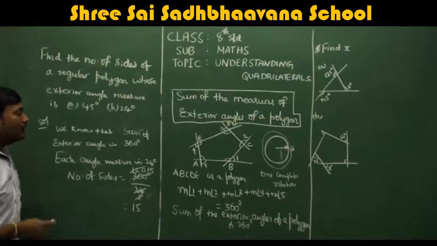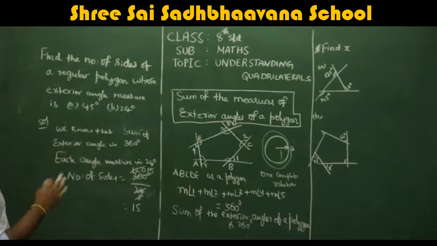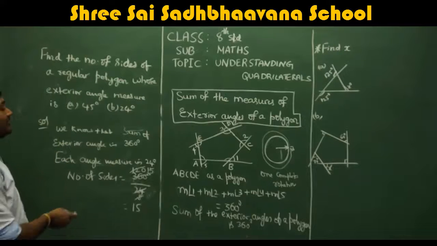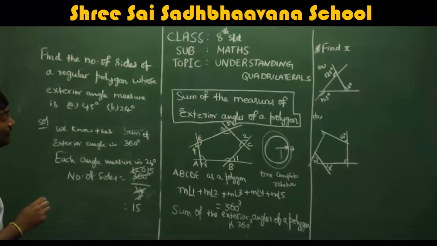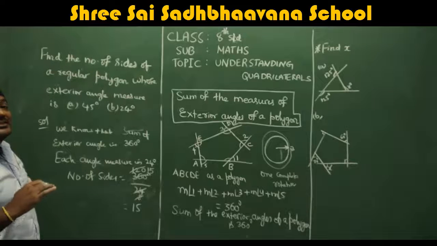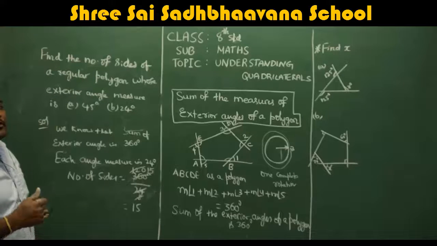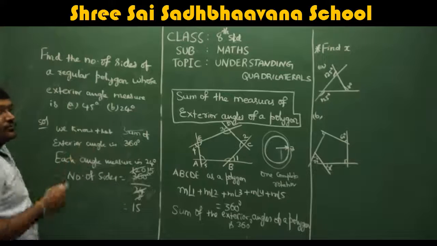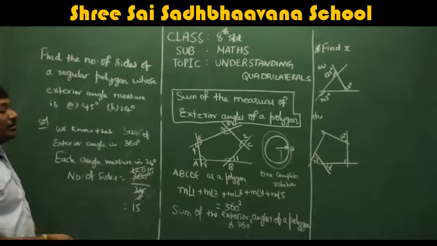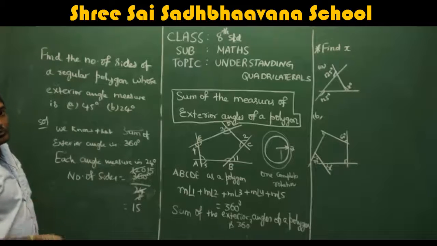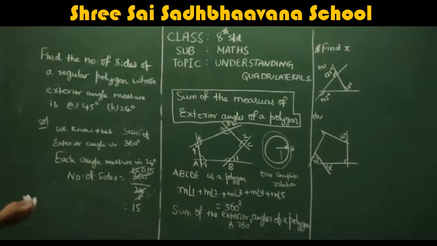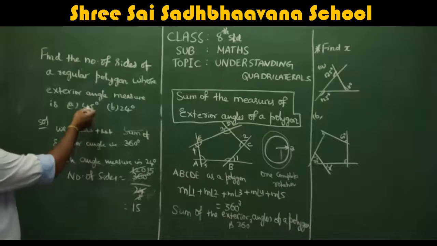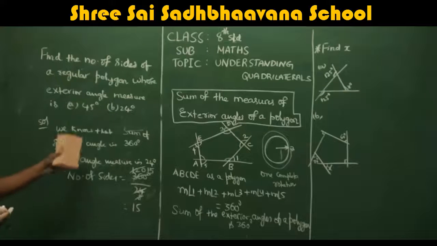Any number of sides you can have. I'll just explain what is given. They've given that the exterior angle is measured as 24 degrees. Each angle measure. How many angles, we don't know, but we have to find the number of sides. And we know in a regular polygon, the measure of all exterior angles is the same. So each angle measure is 24 degrees. So the number of sides, how will you find? Just divide 360 by 24. So how many sides does it have? 15 sides. So that is an easier way to find it: just divide 360 by the given measure. This is possible only for regular polygons, as I said.